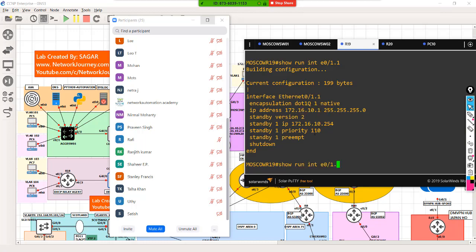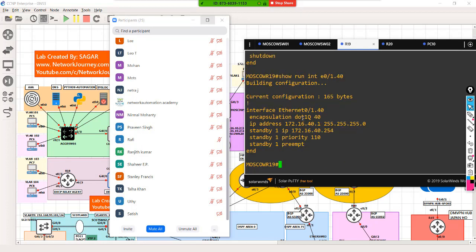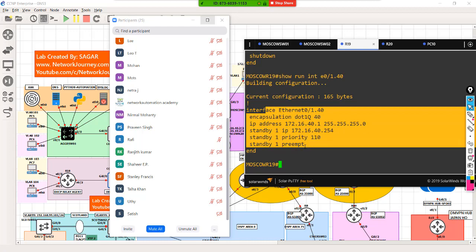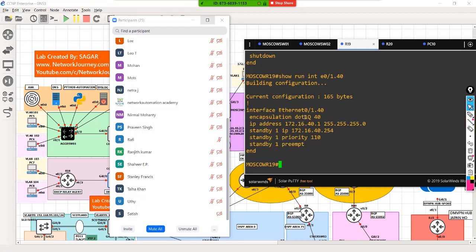Similarly, I had a second VLAN which is 40. In that case, I am running another instance of HSRP with VLAN 40 mapped to its gateway. Similarly, in your case, I have a few more interfaces configured with their own VLAN, their own HSRP instance and their own IP address. Each instance can have its own active and its own standby.